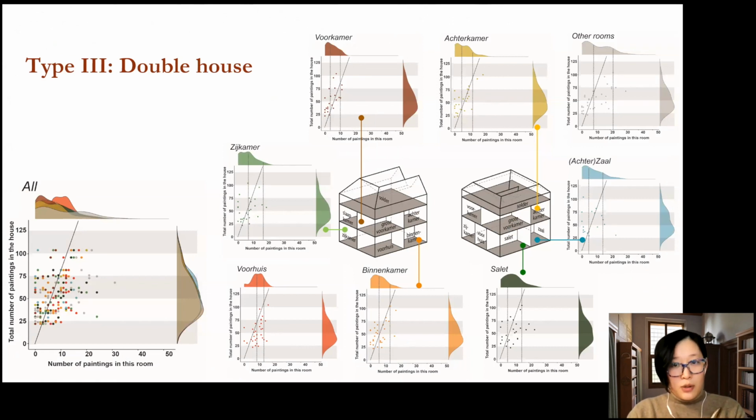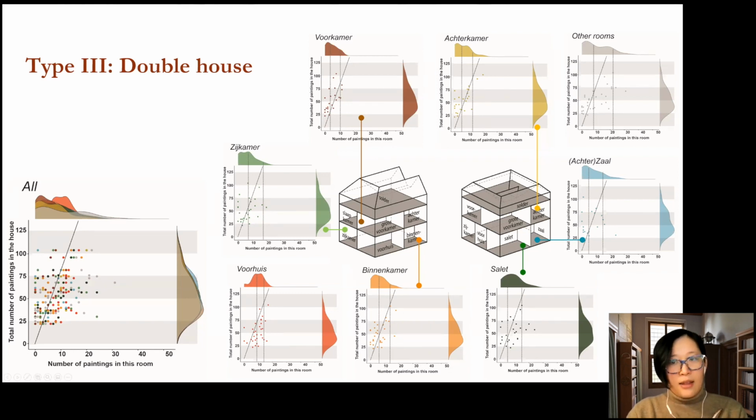And the spatial distribution of the paintings again suggested that the households in these large houses kept a larger number of paintings, as expected, than those in the smaller houses. However, the amount of paintings in these larger houses is not excessively more than in the smaller houses. Most of them kept a painting collection within a range between 30 and 60 paintings in their homes in the city. And they displayed paintings in a more